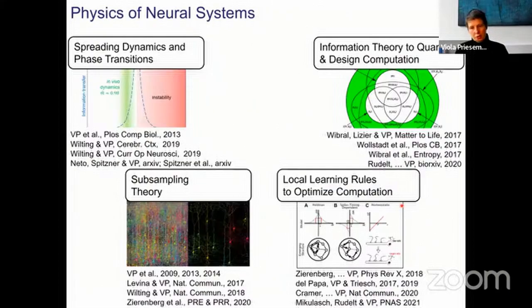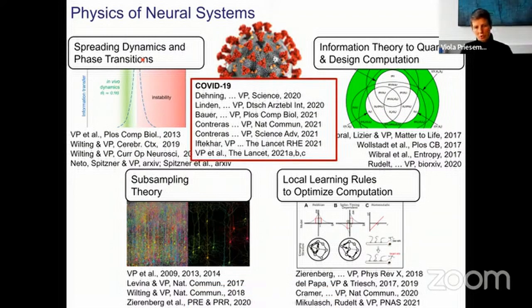I think with showing you that we investigated here spreading dynamics and phase transitions, and especially in this very simple example I showed you, we managed to derive an estimator of how to infer the spreading. It is not a big surprise to you that when the COVID pandemic struck, we had all the tools to estimate the spreading, that we had that basically in our drawer and only had to replace the neurons in our model by some virus spreading through a social network.